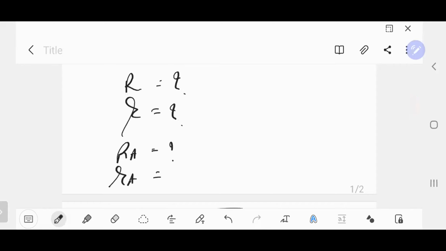Module is equal to what? Module is equal to